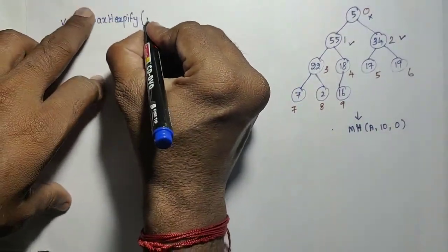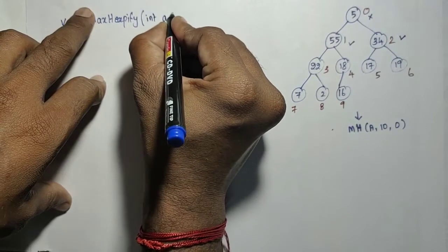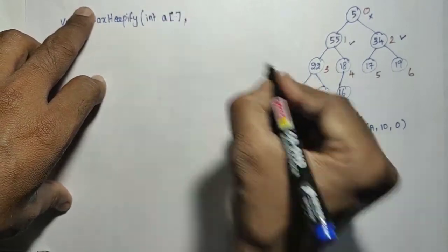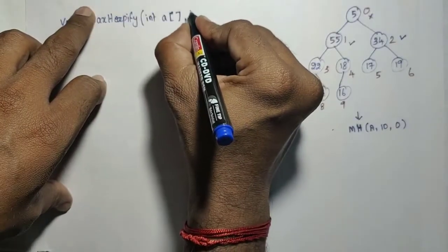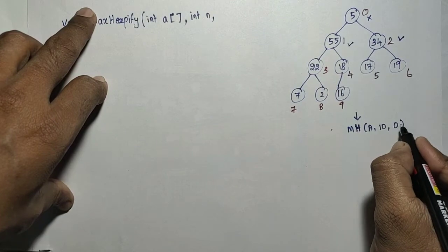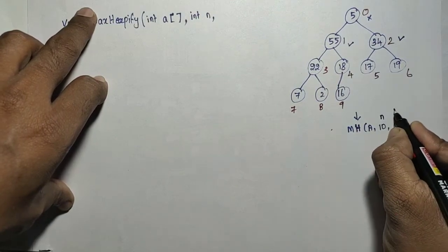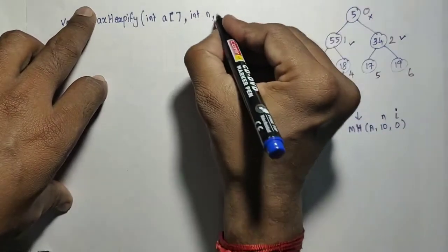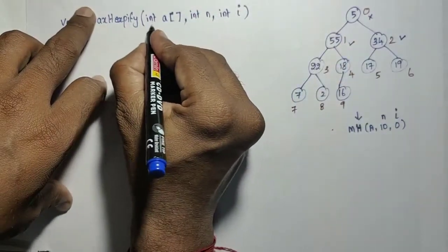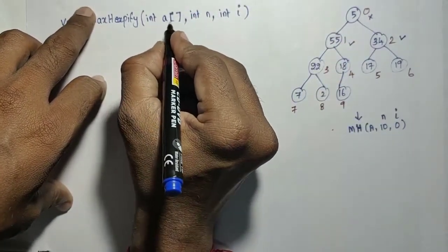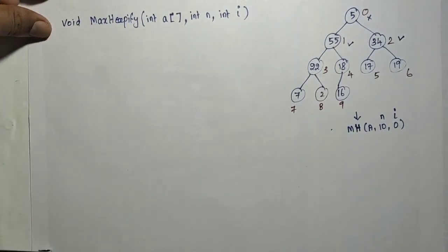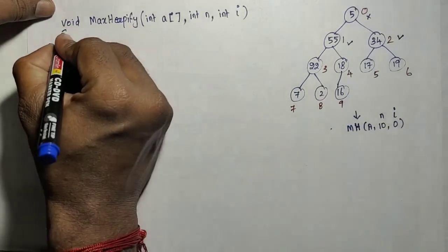So int A, it is containing some elements, and then the next one is the size, int N, and the next one is the index, this is N, this is I. Index is also an integer, so int I. We can change the type here into float or character if you want to sort characters or floats. Then